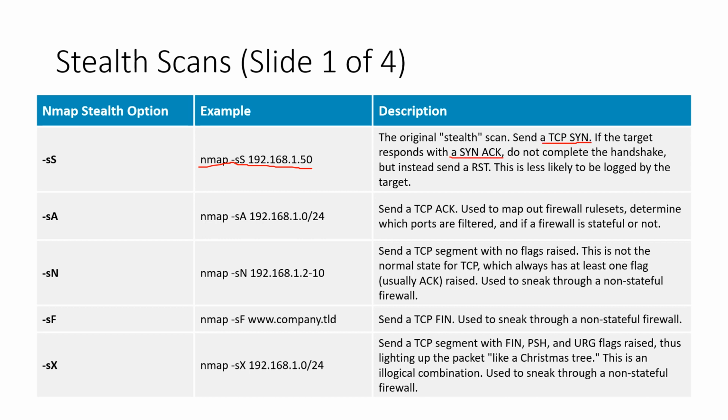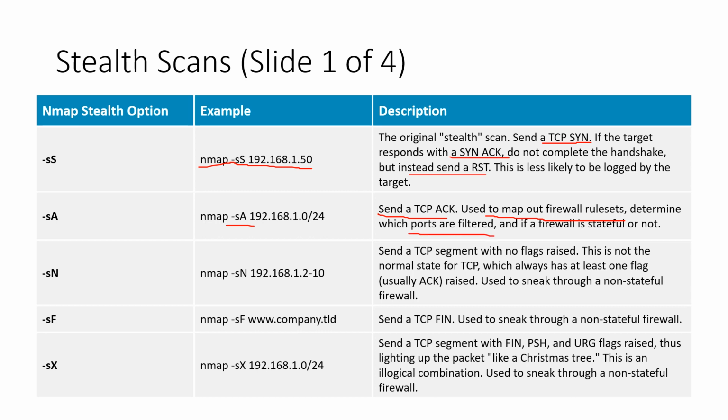It doesn't go into the data transfer. It just wants to identify if it can establish a connection to the target, by waiting for the response to the SYN, which is a SYN-ACK, or if it is under termination, it is waiting for a reset, RST. Next, -sA. In the -sA, what nmap will send is a TCP acknowledgement. Usually, it is used to map out firewall rule sets, or to determine which ports are being filtered.